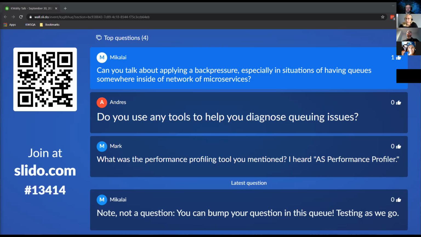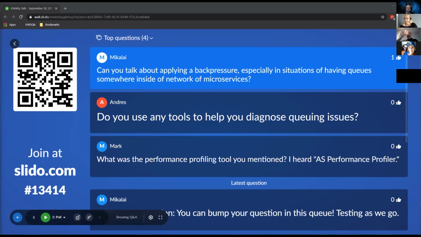As with any case of queuing and bottlenecking, if you remove the queue or the bottleneck in one place, for example in one of the microservices, you're probably going to open up the opportunity to experience queuing somewhere further down the line, whether it's another microservice or the core product. And that's what tuning is all about: constantly looking for places where you can remove that queue and open up an opportunity for a different resource, one that wasn't being fully utilized, to be hit faster, and then looking to reduce the queuing there as well. So Michaela, I hope I answered your question.